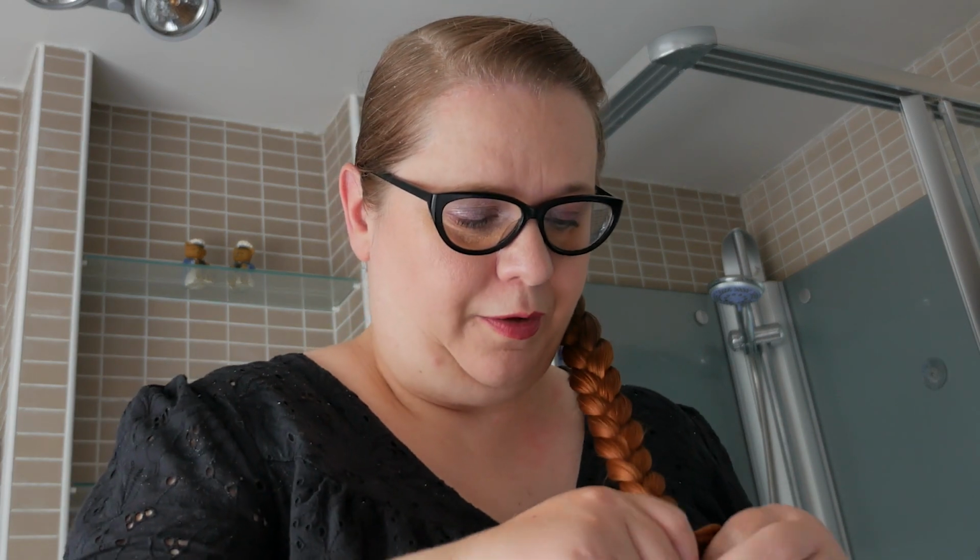I do micro trims. Micro trims are where you just look for split ends and then cut those off. And how I do that is usually through a braid. I will wear my hair in a braid the whole day, and then by the end of the day you will get some braid shredding, as they call it. And then I will just search for those split ends, and when I find the split ends, I'll take my scissors, give it